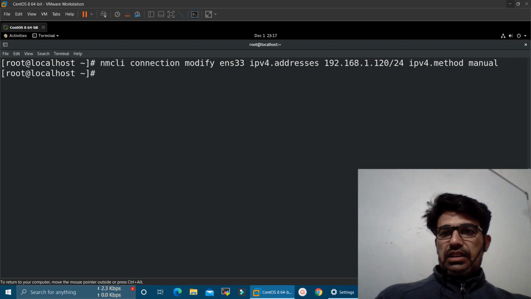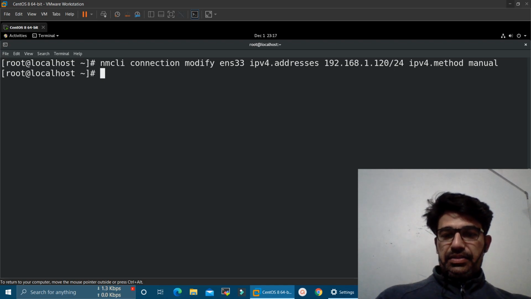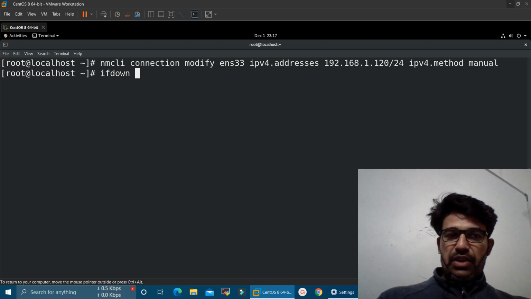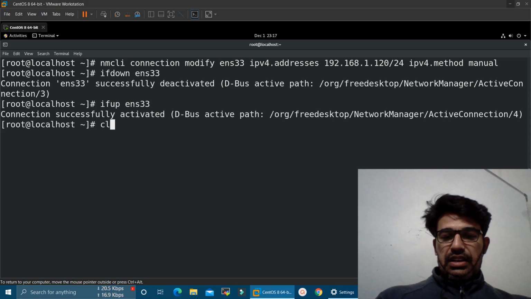So this will set this in our machine, and now we can bring the adapter down. So here we can execute the ifdown command, ifdown and the adapter name, that is ens33, and now we can again execute ifup ens33. So this will activate the adapter and apply the changes which we have made in the previous command.